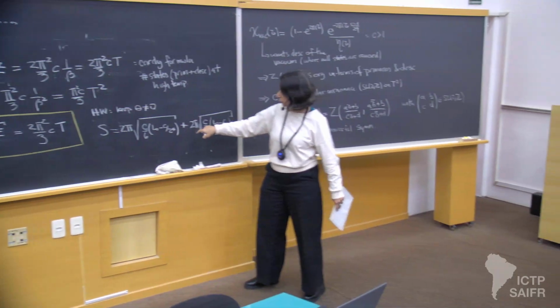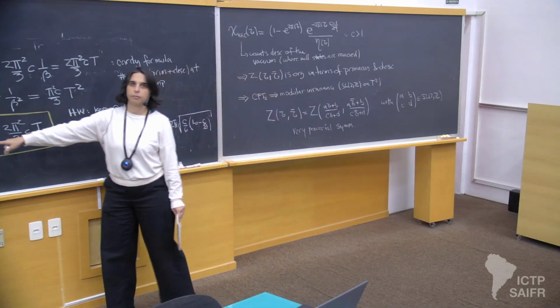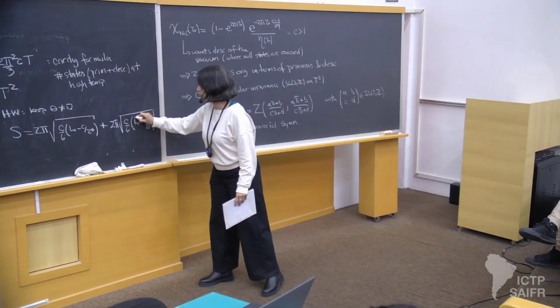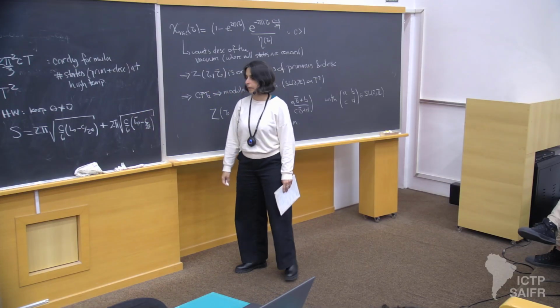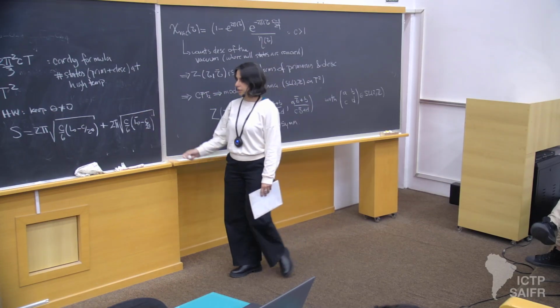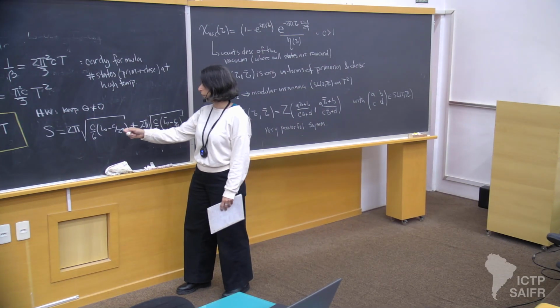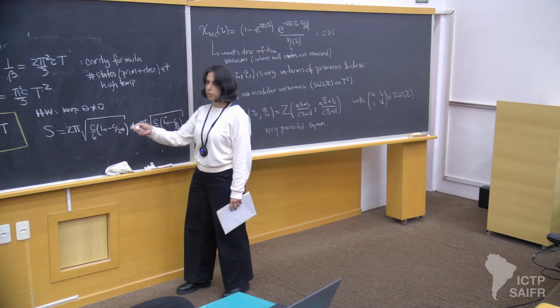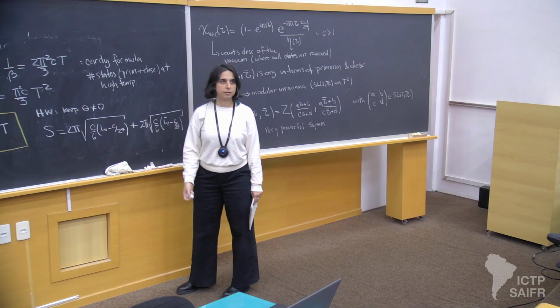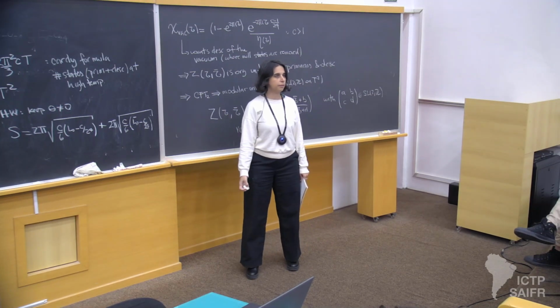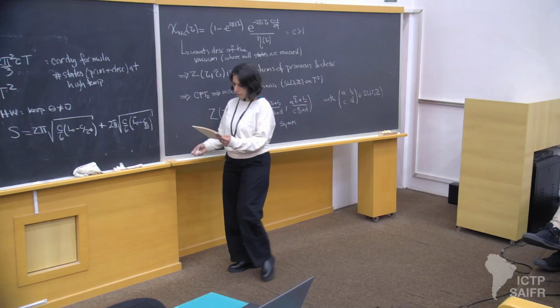And so you will get 2 square roots instead of just 1. So, sorry, L0 bar. So that's a generalization if now you have both energy and angular momentum. So remember, energy is the sum, angular momentum is the difference, but it's more convenient to write it in terms of these L0s and L0 bars, okay? So that's a generalization of the Cardy formula.